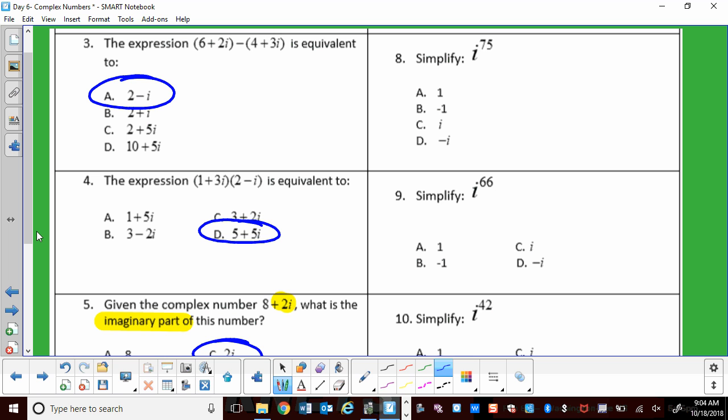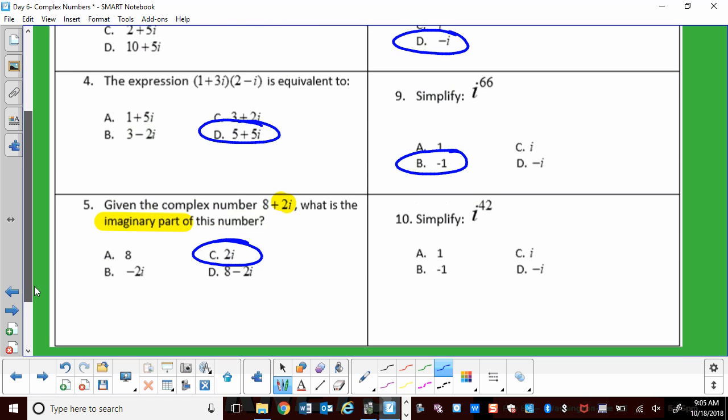Did we do 6 and 7 already? Yeah, right? All right, 8 is D. 9 is B. And 10 is D. How do we do? Good? All right, so you guys can actually